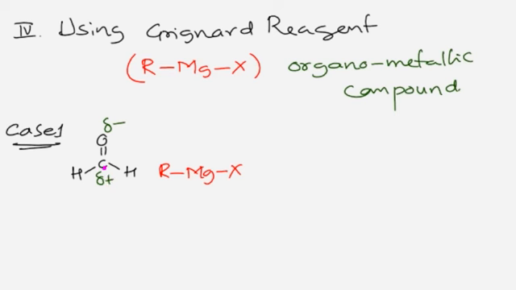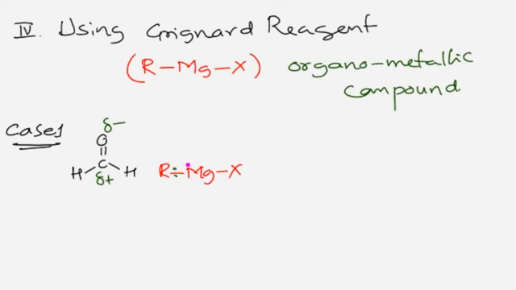Now this carbon is electron deficient. And come to the Grignard reagent. The Grignard reagent is a very useful reagent which can produce carbon anions. You can see that the carbon carries the pair of electrons towards itself, because carbon is more electronegative as compared to magnesium, and magnesium is a metal that is always electropositive, that has a tendency to give electrons.